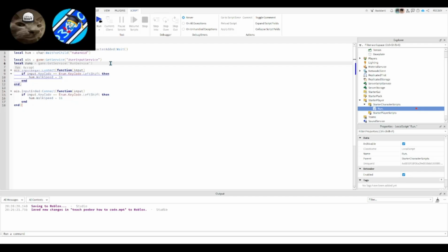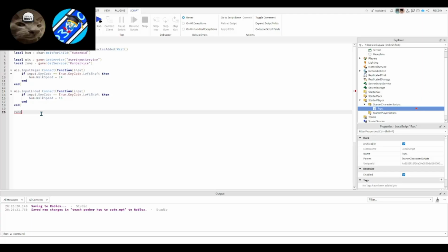It's another service, so you can just use get service. And then type in quotations, run service. So below all of the rest of your code, type your run service thing